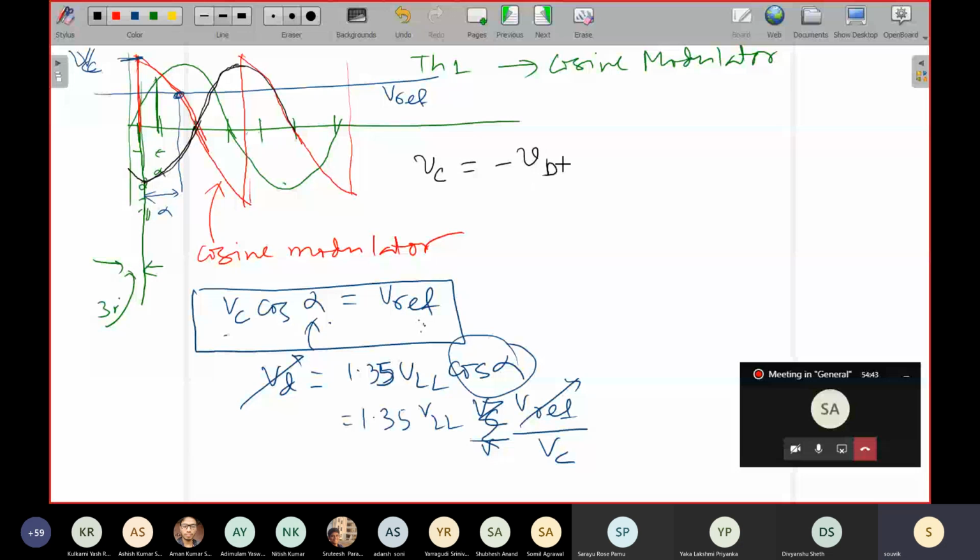Obviously, some scaling is acceptable because VB is a line voltage. You will not directly use it, since it is a high voltage and power. You will scale it by a transformer turns ratio, K. You take the VB waveform and convert it into the scaled K VB waveform, which you use as the modulator waveform VC. VC is essentially an expression of capital VC cos alpha. Capital VC is the magnitude, VC is the carrier